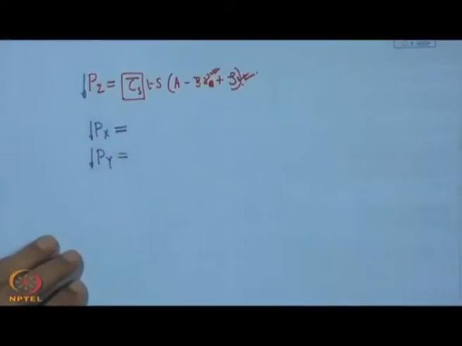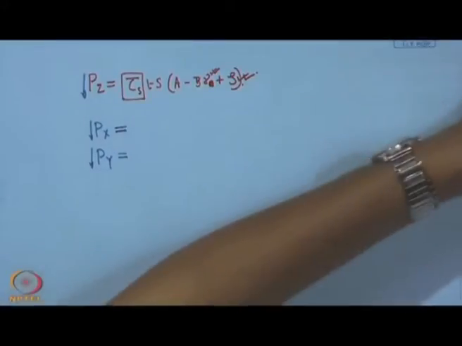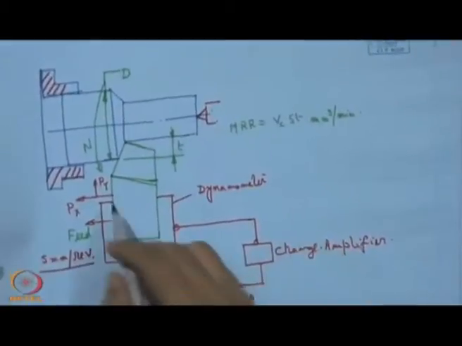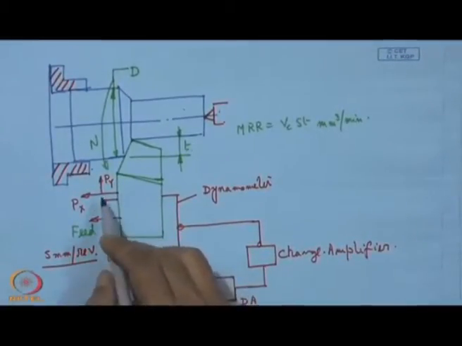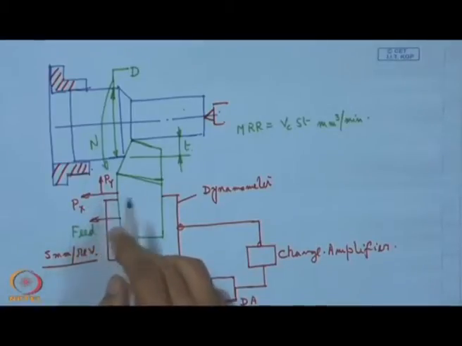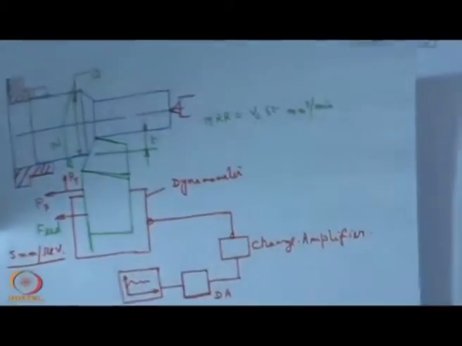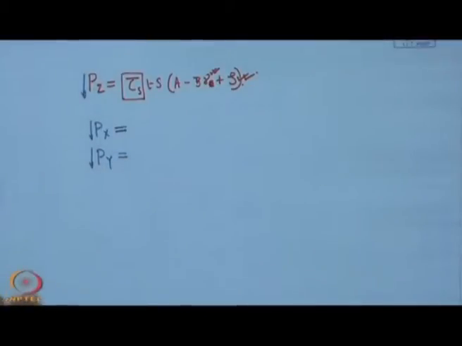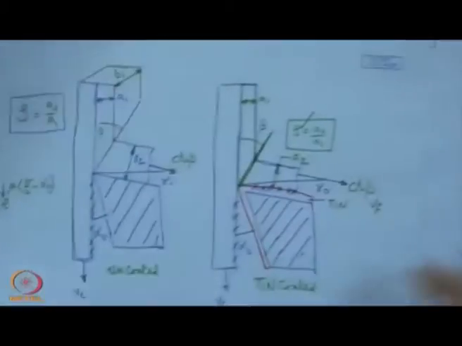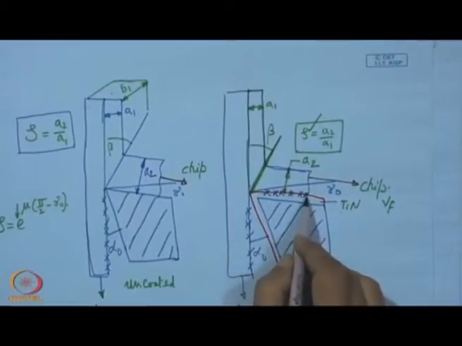So, we understand that chip thickness measurement and P z, that means the force measurement, is also important. Also, from this measurement, P z, P x, P y can be directly measured from this dynamometer, because this dynamometer has 3 crystals. So, they can record P x, P y and P z directly, and then by this mathematical relationship it is also possible to find out what is the actual force which is prevailing here, which